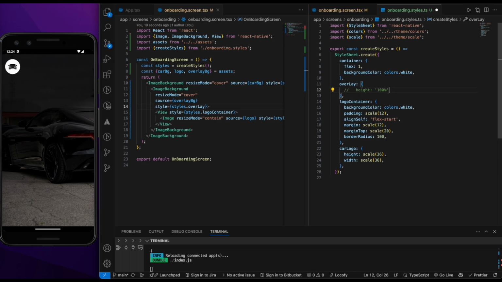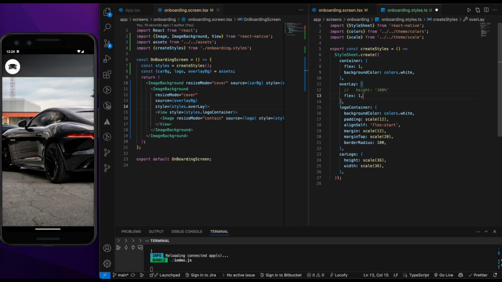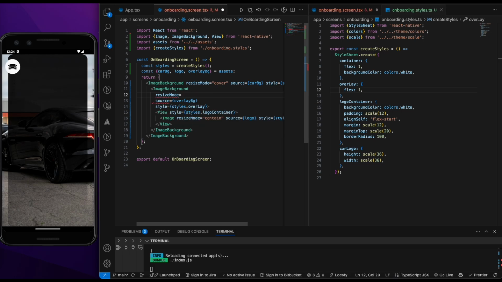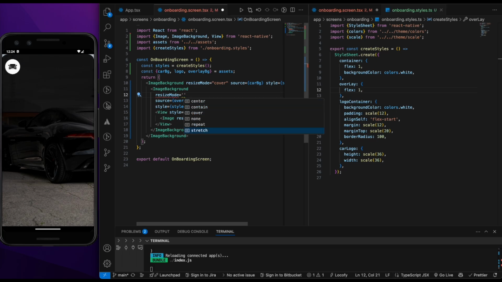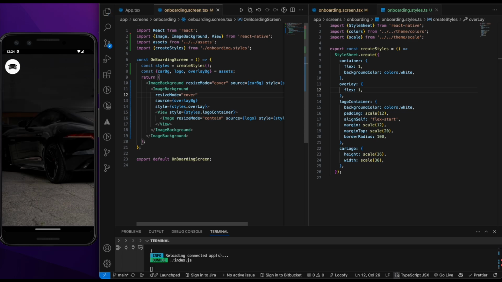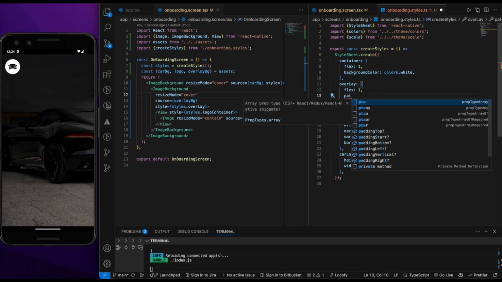Okay, so flex is also not working, it's the same as height, so we need it on the below side. So let's change the resize mode and see if we can stretch this. No, it's not working, so let's keep the repeat. It's also not good, so let's try cover again. It's quite a bit good, but if we give a padding top,